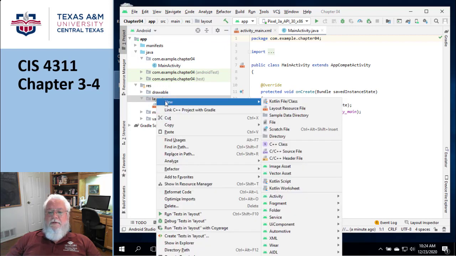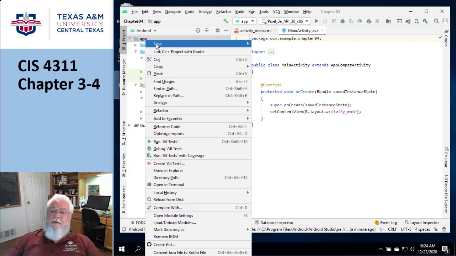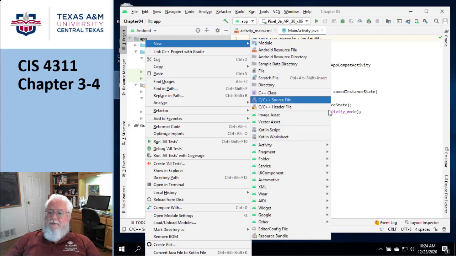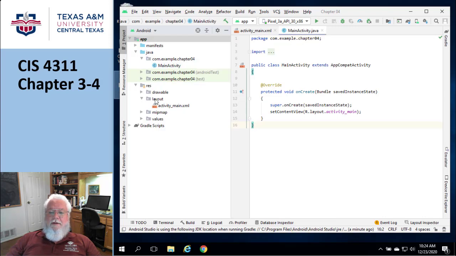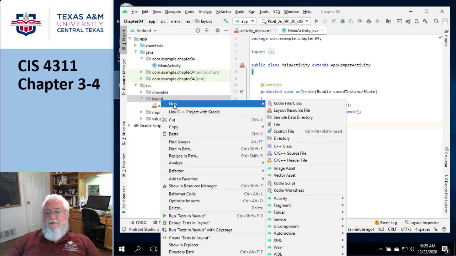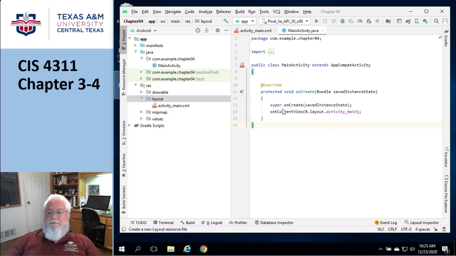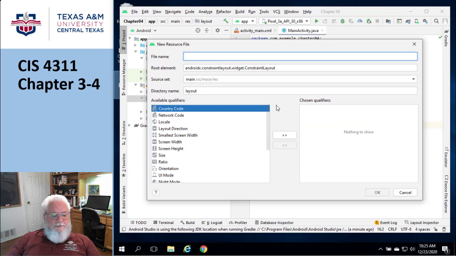You don't actually have to, you could do it way up here. I'm just saying that's not the way I do it. I typically go to the location where layouts belong, and then I hit new, and then I want a layout resource file. Okay, now it's going to ask me for the name, so I'm following what they have in the book, and they call theirs